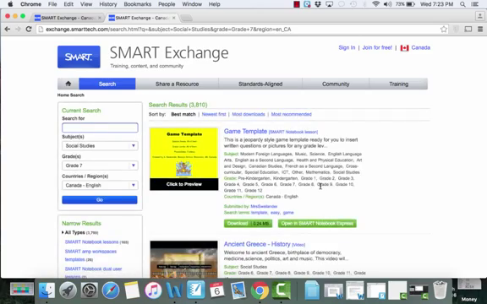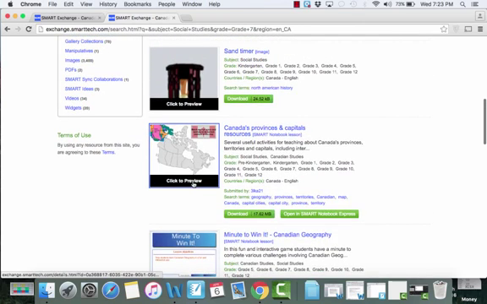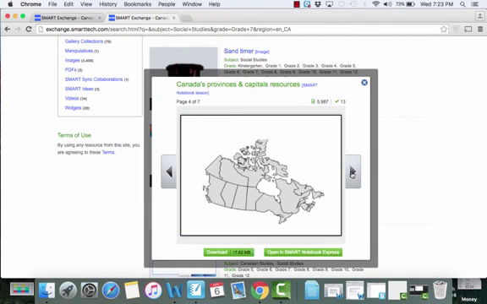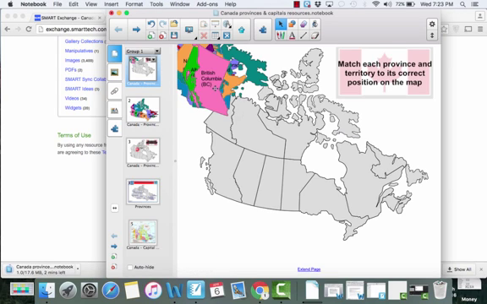You can press go. So as you can see, there are many different options right here. So you're going to click preview to make sure that this is something you want to download. Press download, and you'll see it down at the bottom if you have Google Chrome. So you will open up that file,